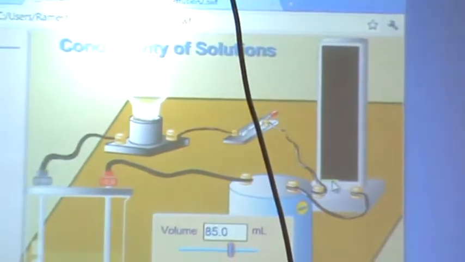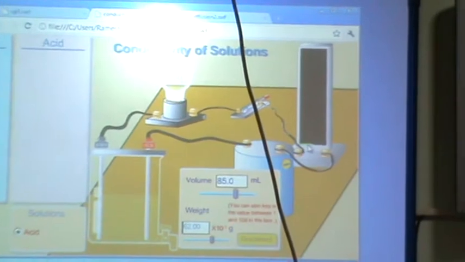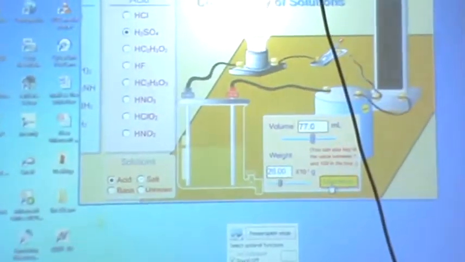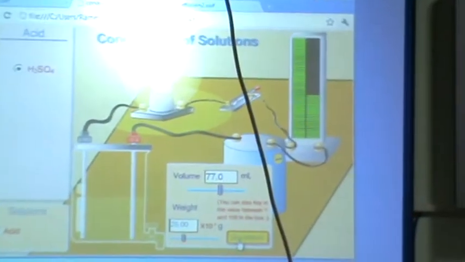There is some analysis which is being done in the background. Maybe the volume of the solute is very less, or the electrolyte is a weak electrolyte, because of which I cannot conduct much, or analyze the particular result. If I try to change my acid, I'll go with sulfuric acid. I will increase the volume of solution. I can see a difference. There is something calculated. The lines over there depict something to me.